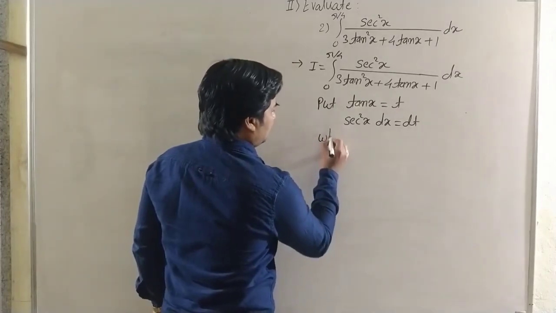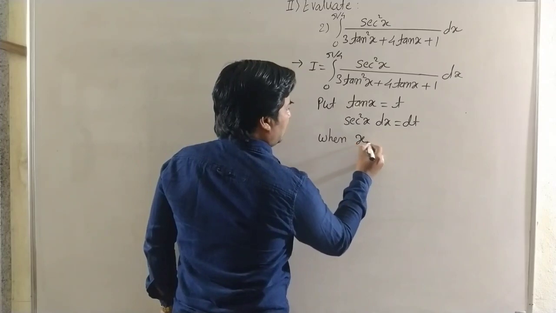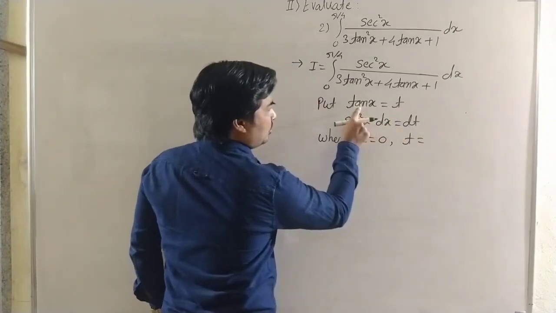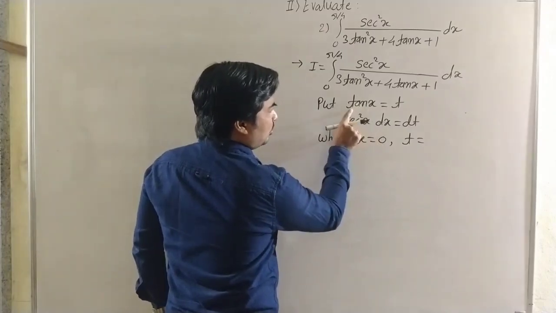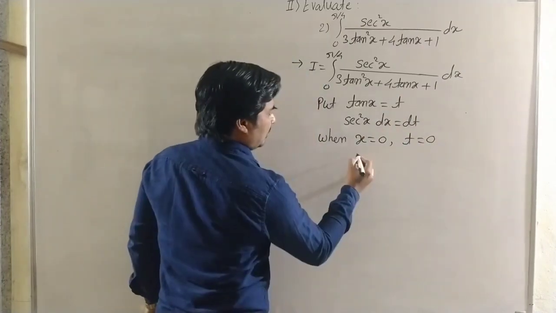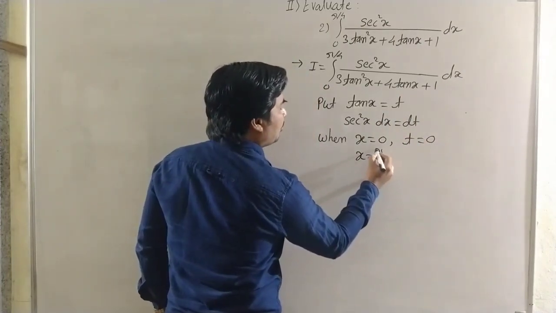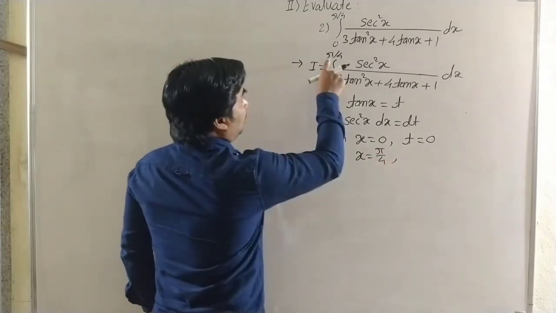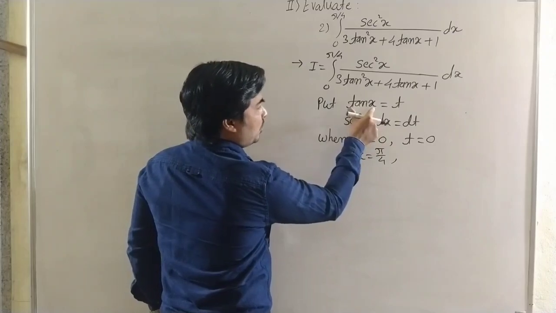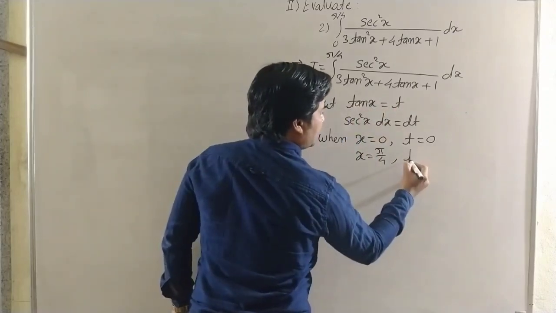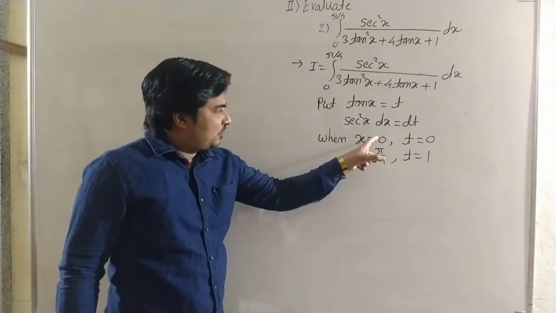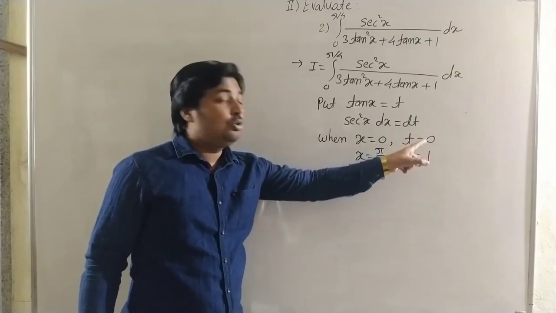When x is equal to 0, t is equal to tan x, which is tan 0, and that is 0. And when x is equal to pi by 4, t is equal to tan pi by 4, and tan pi by 4 is 1. When x is equal to pi by 4, t is equal to 1. Now the original limit is 0 to pi by 4, we change the limit to 0 to 1